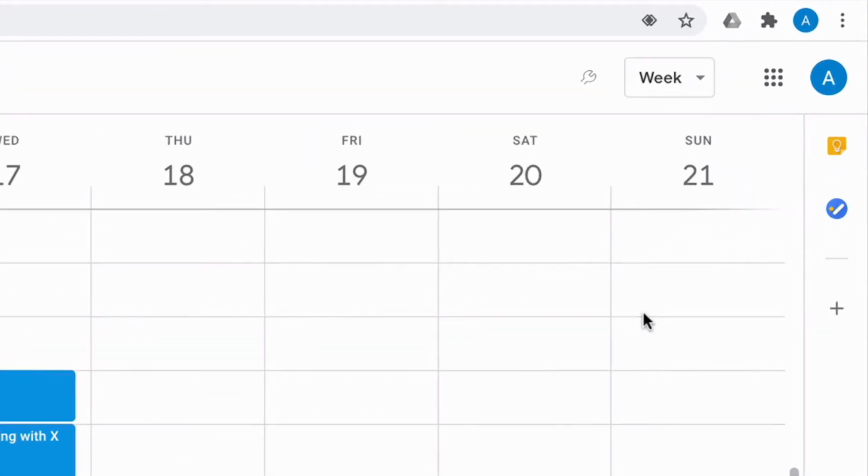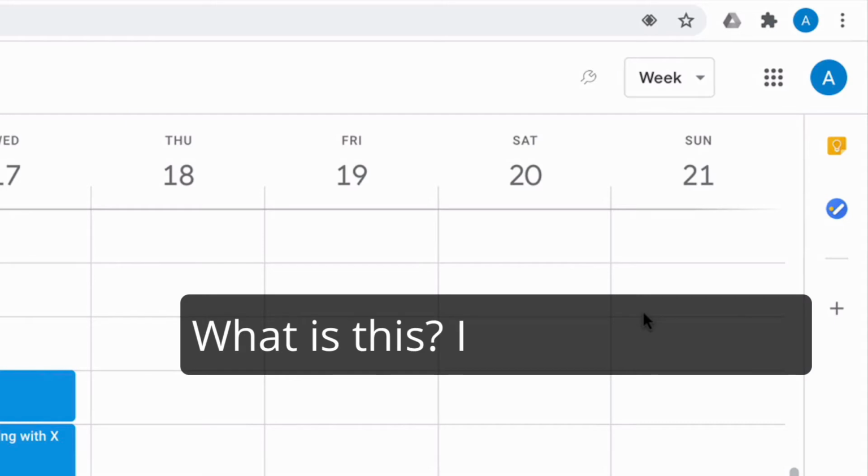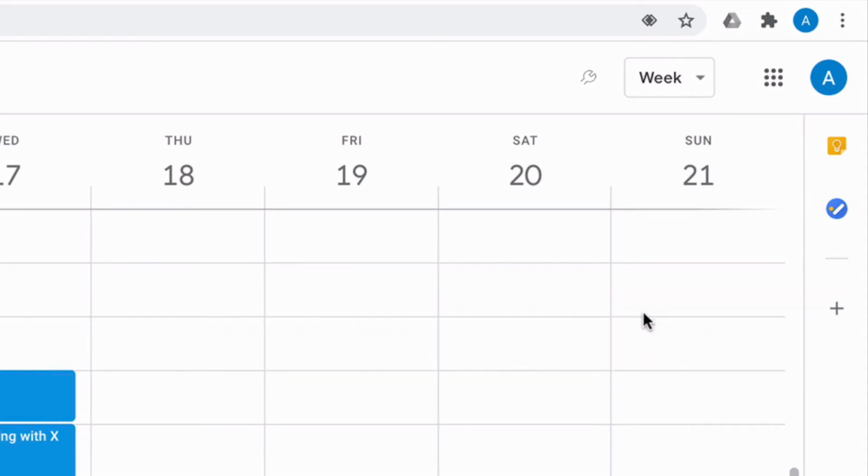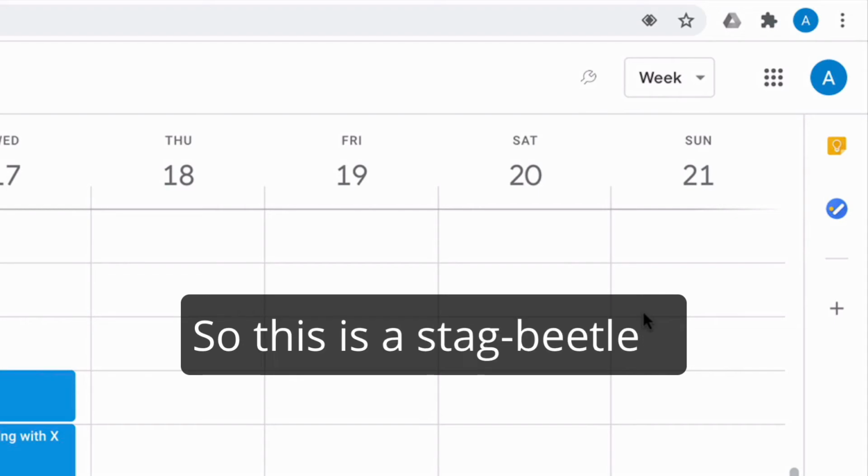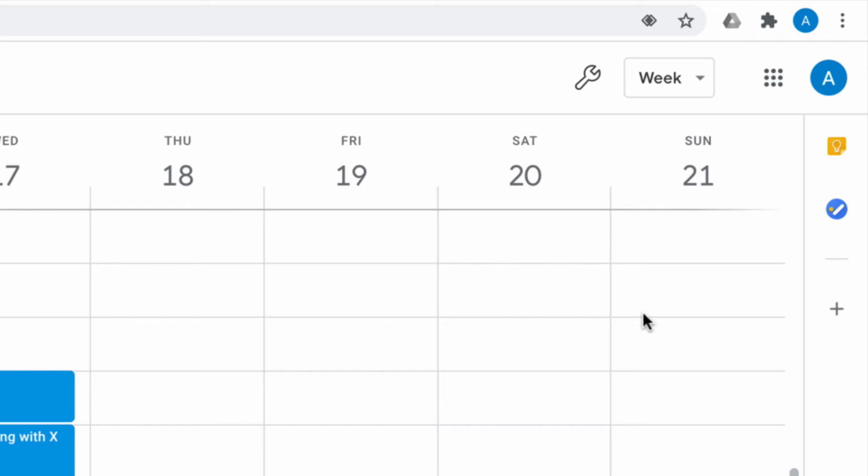Well, maybe the user didn't notice the wrench icon. In that case, the designer needs to make it more salient. Or maybe the user did notice the icon, but couldn't make out what the icon depicted because it was too thin. In that case, we need to make the icon bolder. But yet again, maybe the user could see the icon clearly, just didn't recognize the object. In that case, we need to redraw the icon.